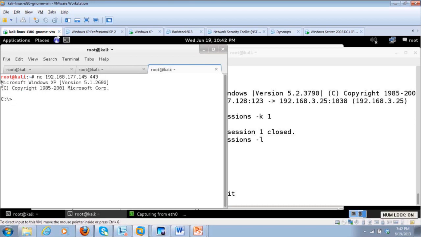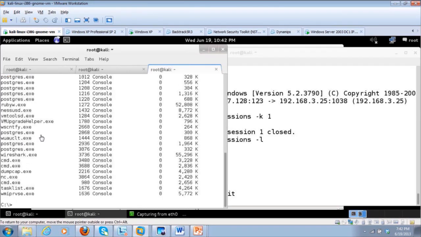Now we've got the same shell, same as we had before. It's a little bit different. So I don't know if tasklist is on here, but we'll try it. Tasklist, doesn't look like, oh, it is actually on there. This tells us the processes and everything running on the machine. So this shell on the machine is going to be at the privileges of whatever the user's at when we